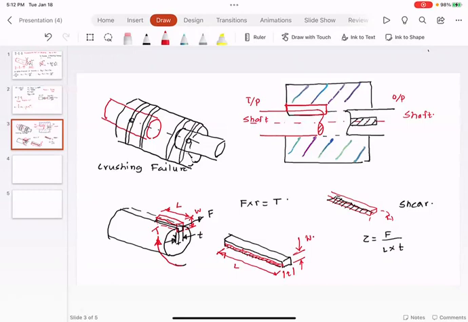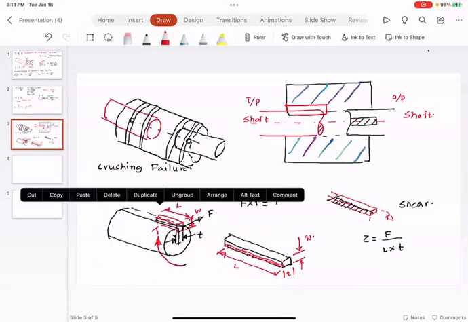the way the power transmits is the shaft is going to apply force on the key, the key is going to apply force on the coupling. That coupling would start rotating. There would be another key attached to the coupling. The coupling would apply force onto the other key, and that other key would apply force to the driven shaft. So if you look at the crushing failure